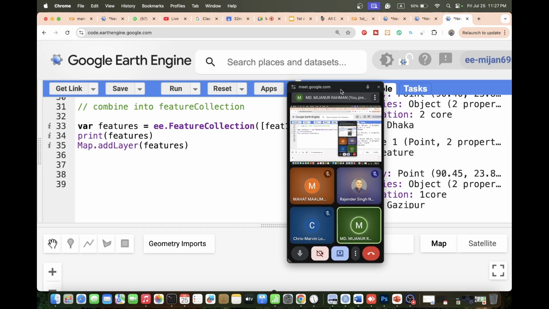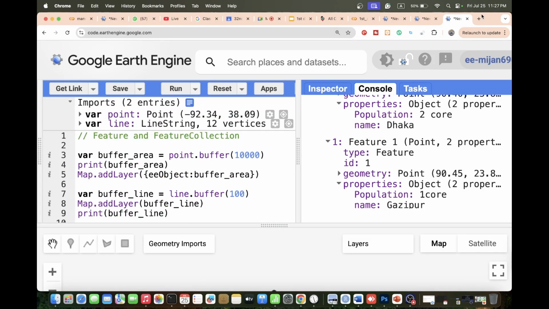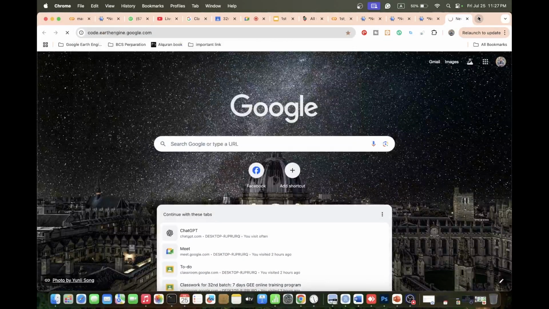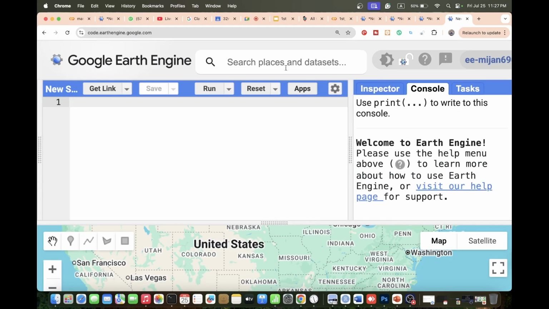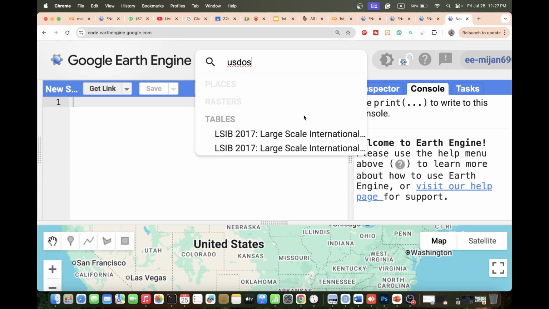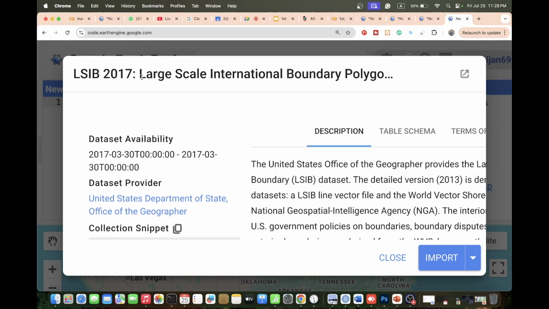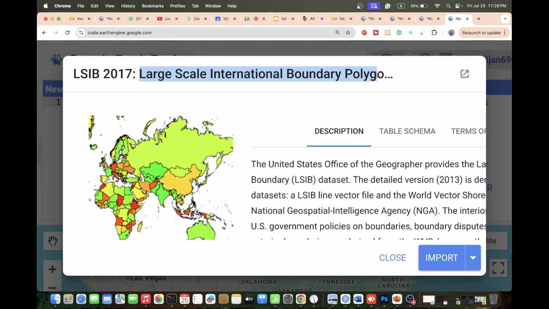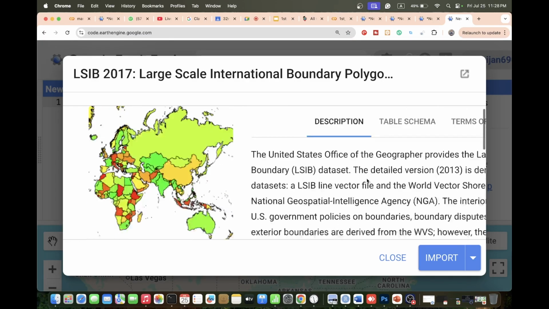So now we talk about the real dataset. This time we simply take the point and work with that. In the real dataset, suppose I simply search here USDOS. So you can find two datasets. The last one is more updated, I want to use it. This is the large scale international boundary polygon. It's one kind of dataset provided by the United States Department of State. So this dataset basically